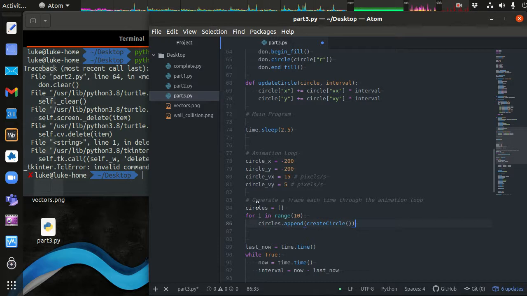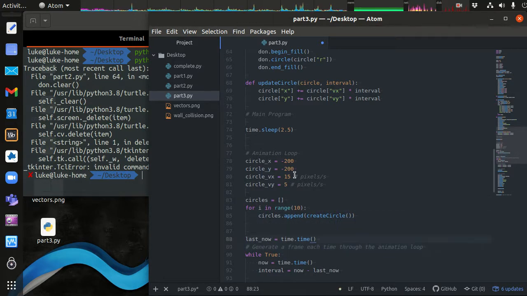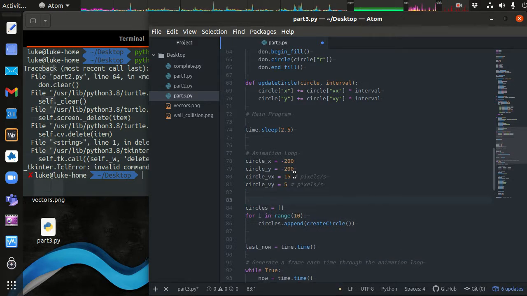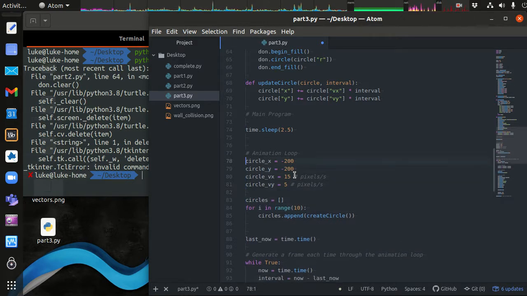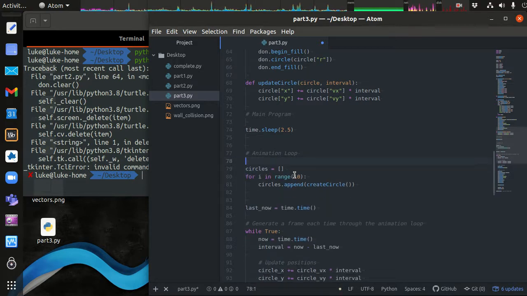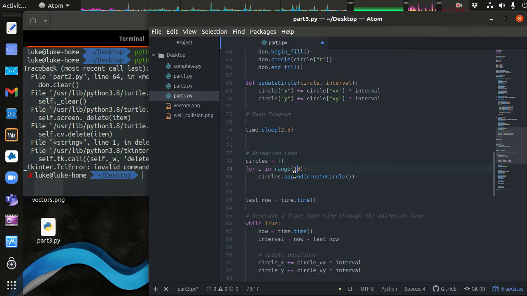All right, so this generates the circle. Here, I'm going to move this comment back down to the while loop. All right. So we don't need these circle values anymore because we have all these dictionaries. All right. So the circles dictionary,